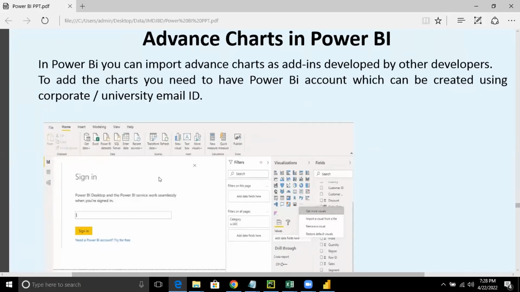You can add it as add-ons to the existing versions, and they are actually developed by people like you. Can you believe it? You can create the advanced charts and contribute to the Power BI community. So other developers, other people who built them, those are available as add-ins and you can add them.